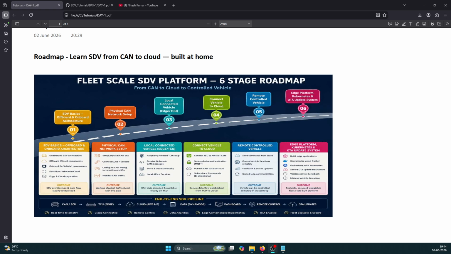But you can skip it if you already have a virtual setup ready, where you have virtual ECUs, a virtual CAN, and a virtual TCU created. You can very much replace this entire solution. What I am proposing from step 3 onwards, you can use. But I'll stick to the hardware setup I have in my lab for the entire project, until I feel that some SDV feature is not working or not possible. Then only I'll switch to virtualization,